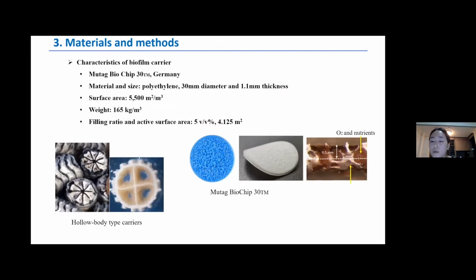It is important to choose a suitable type of biofilm carriers because the properties are closely related to the efficiency of the reactor as well as the maintenance energy and cost. In this study, round and paraboloid-shaped polyethylene biochips were chosen, considering its high surface area and light weight. And the biofilm carriers were added to one of the MBRs with 5 volume% of filling ratio to support the